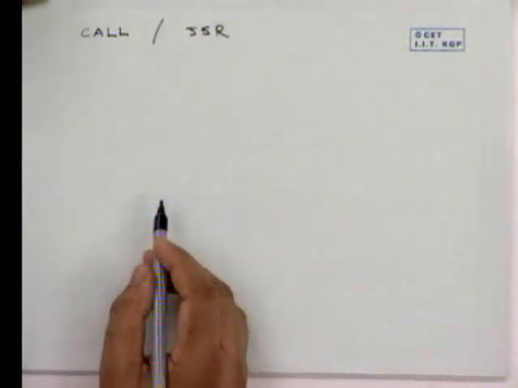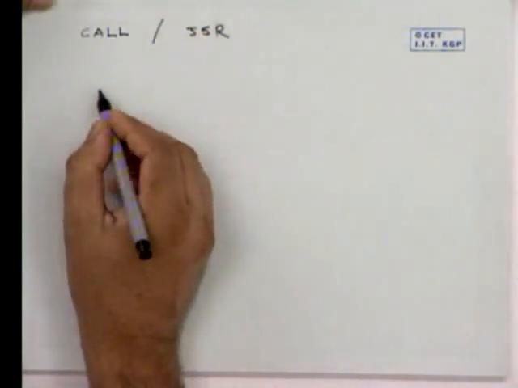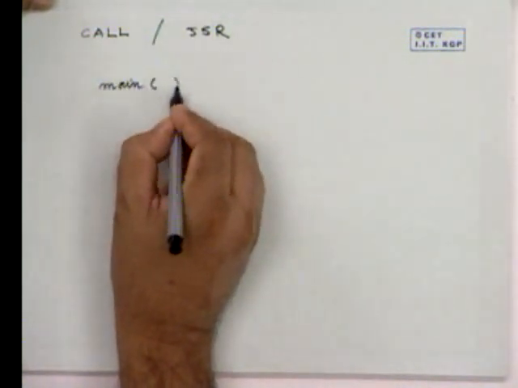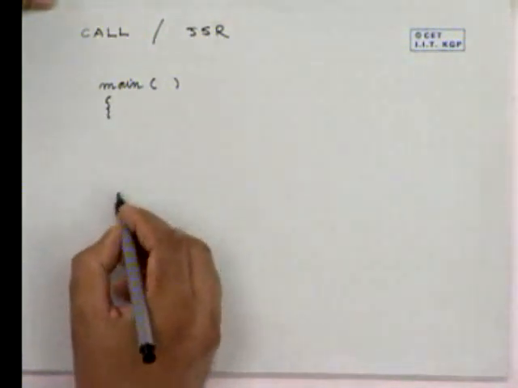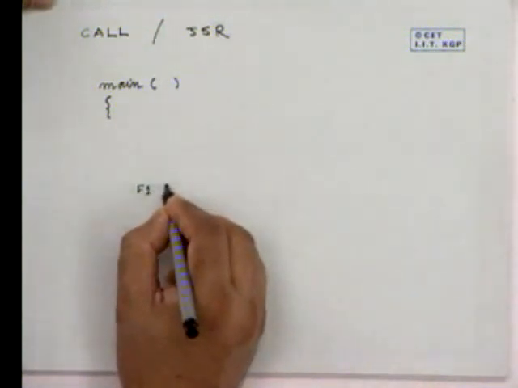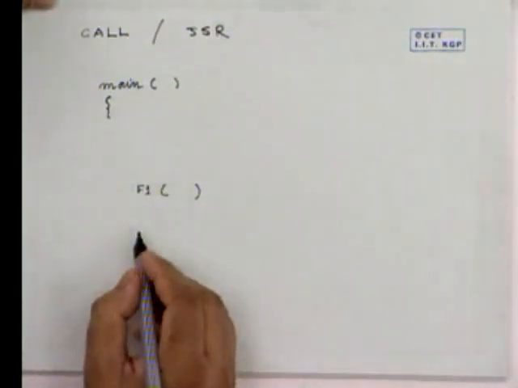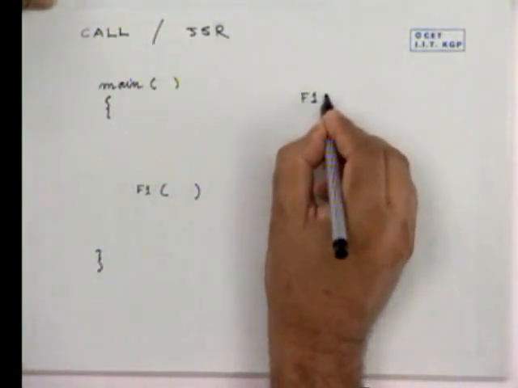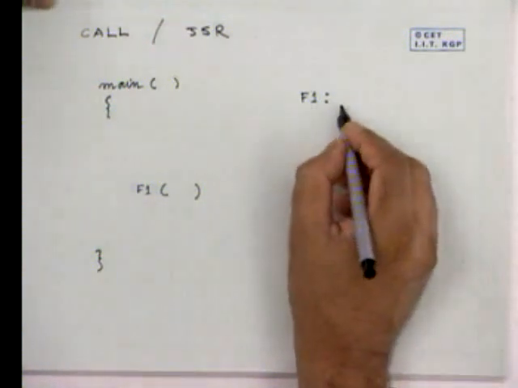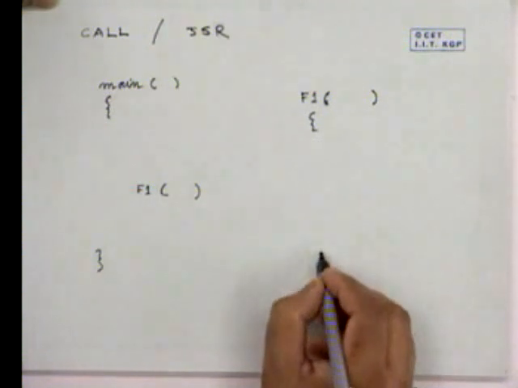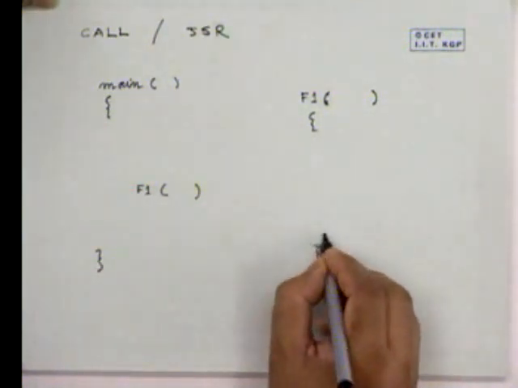Now let us see, say we are writing a high level program in, say, programming language C. Say we have written a main. Here we call some function, say f1 with its parameter. Say f1 is here. It has its own parameter and the function is defined. Somewhere we put a